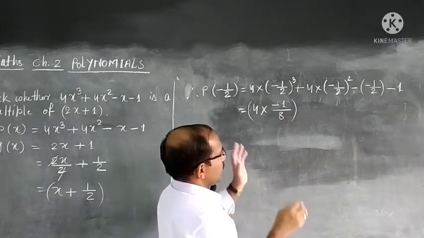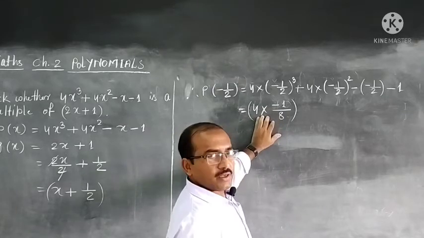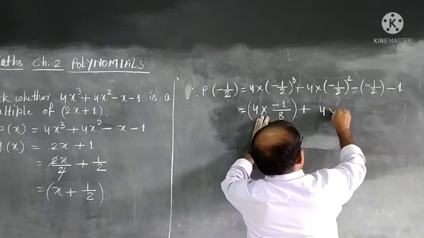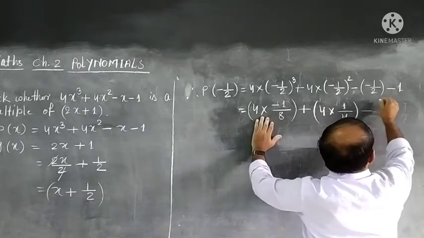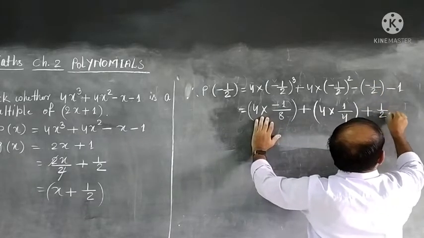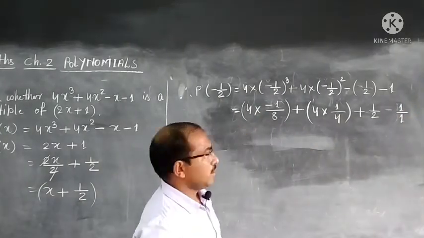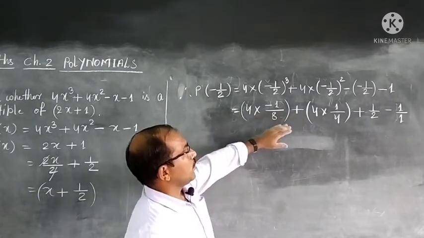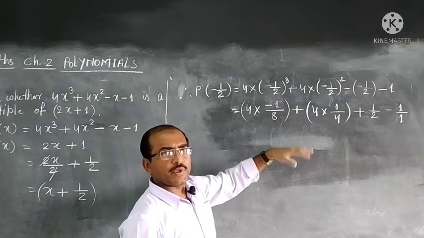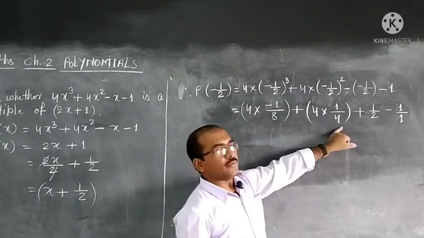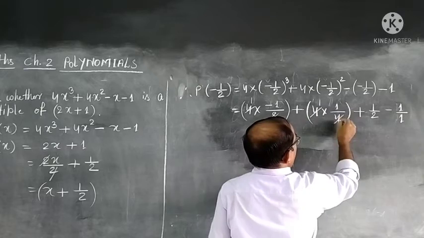These two are in brackets. To avoid mistakes, we put the two that are in multiplication in brackets. Then plus 4 into minus 1 square will be plus 1 by 2 square, 2 2s are 4, minus minus plus 1 by 2, minus 1. All other terms have a denominator, this does not, so we put 1 here, and this is the benefit of using brackets. Clearly now we can see these two are in multiplication, and we can cancel: 4 1s are 4, 2 4s are 8, 4 1s are 4, 4 1s are 4.